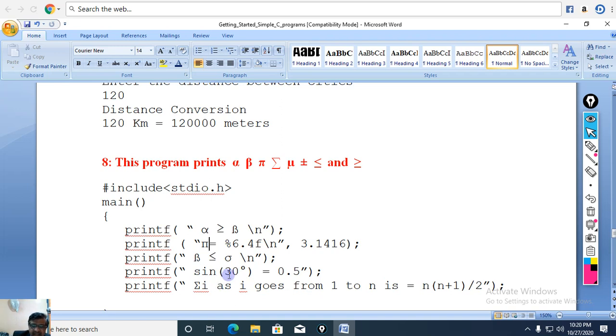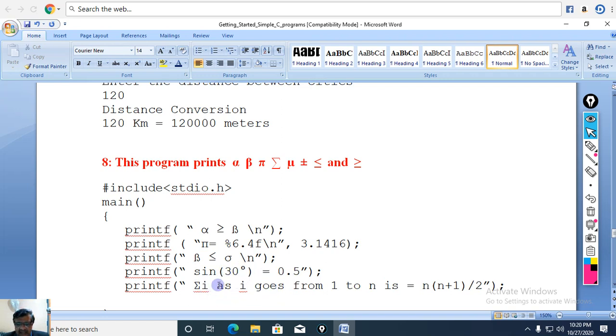Then beta, sine 30 degree has come over here. This is by remembering Alt 248, 30 degree equal to 0.5. The holding is really important, it matters. You have to hold the Alt key with your left forefinger, and the right forefinger should be used for printing 248. When 8 is pressed, both the fingers are to be taken away. Then this is very interesting, to write sine 30 degree equal to 0.5.